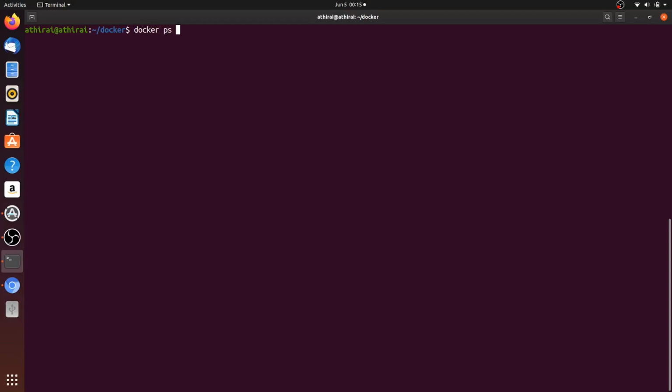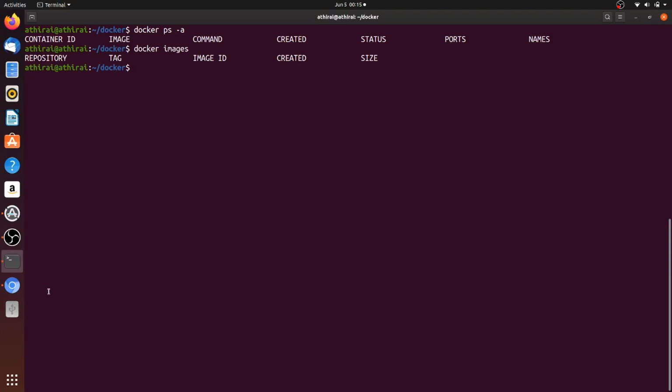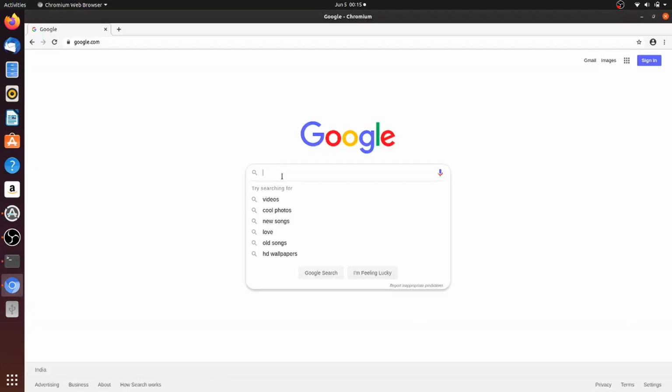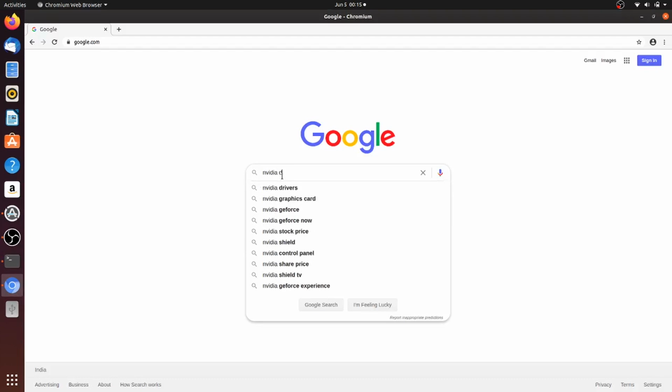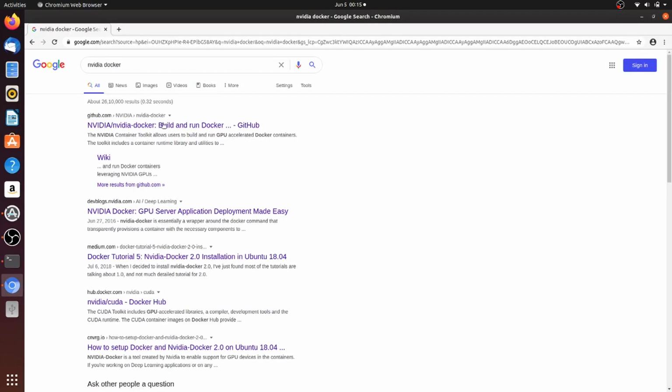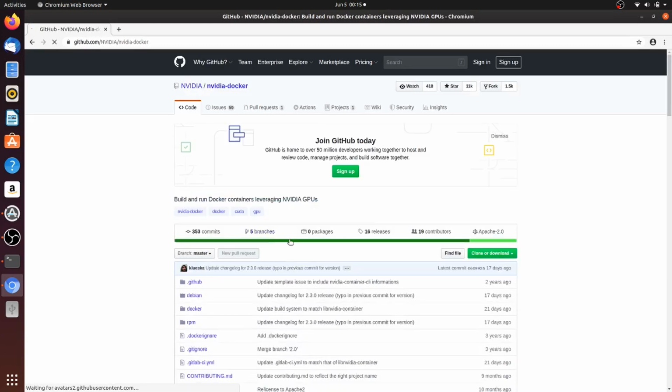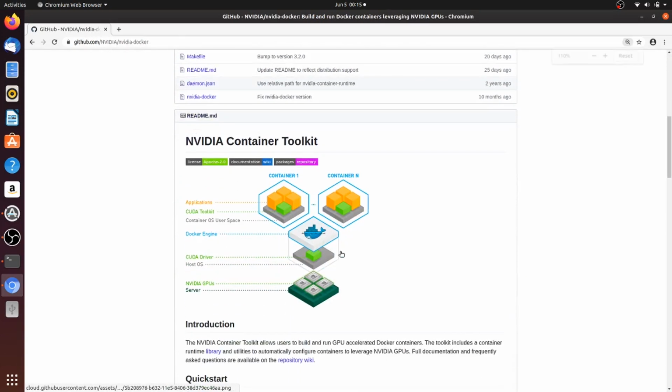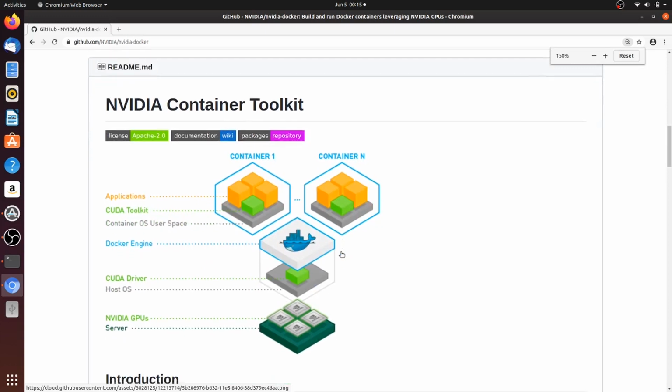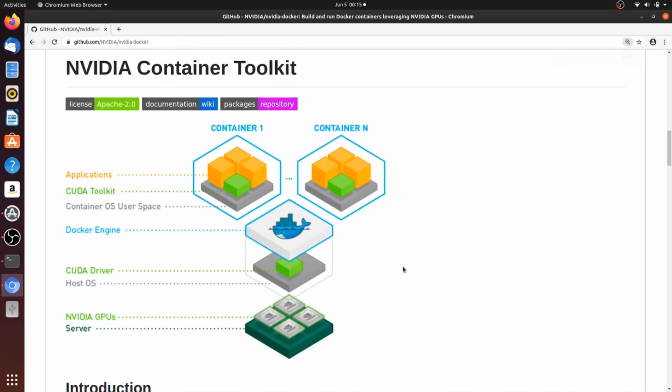So in my local I don't have any containers running and no images. So in the browser I will show you the architecture of Nvidia Docker. So this is their GitHub, and here they have the architecture of what we are going to achieve shortly. So this is a container toolkit that we have to install now. So here is my GPU in my system, and I have my host. This is my host server, and in the host OS I have